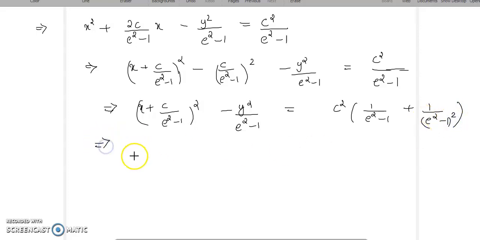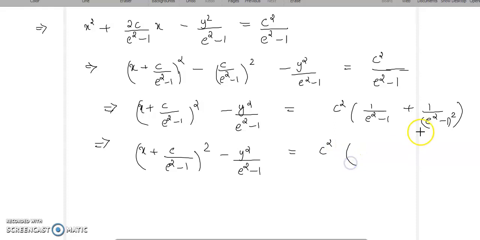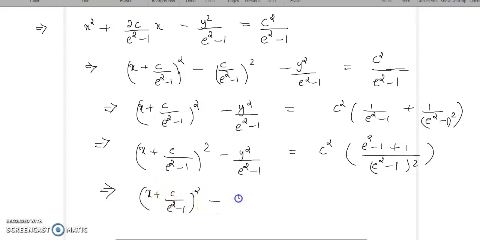So you will get (x + c/(e² − 1))² − y²/(e² − 1) equal to c² into the common denominator, (e² − 1)². Here e² − 1 plus 1 will come. So you will get the equation as (x + c/(e² − 1))² − y²/(e² − 1) equal to c²e²/(e² − 1)². And now